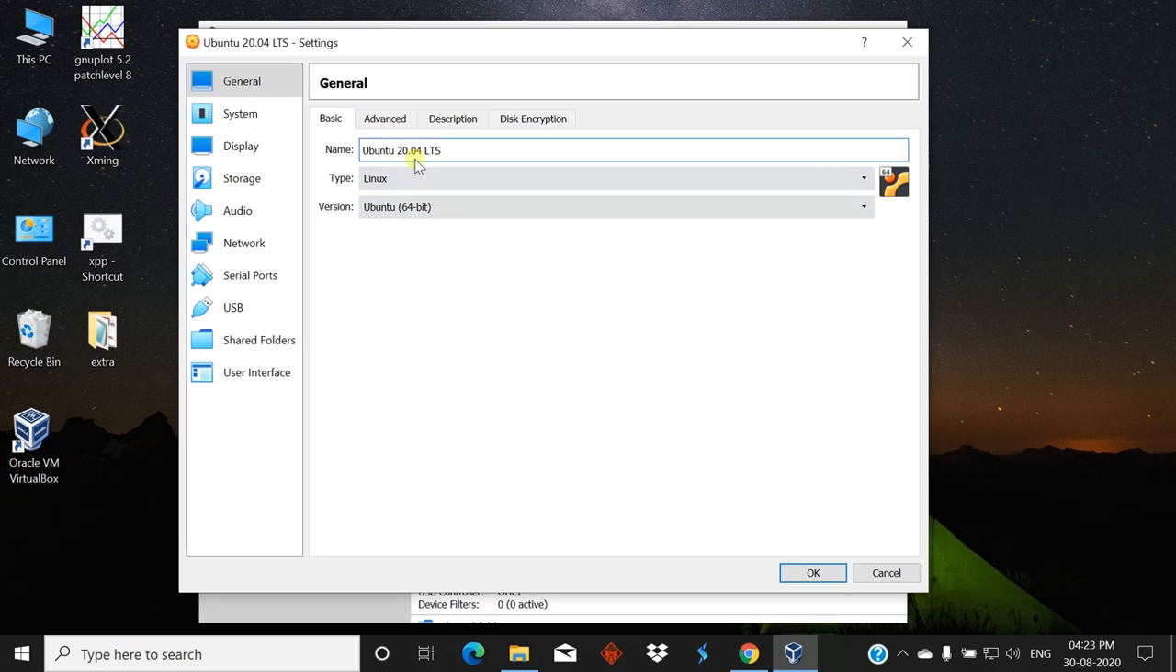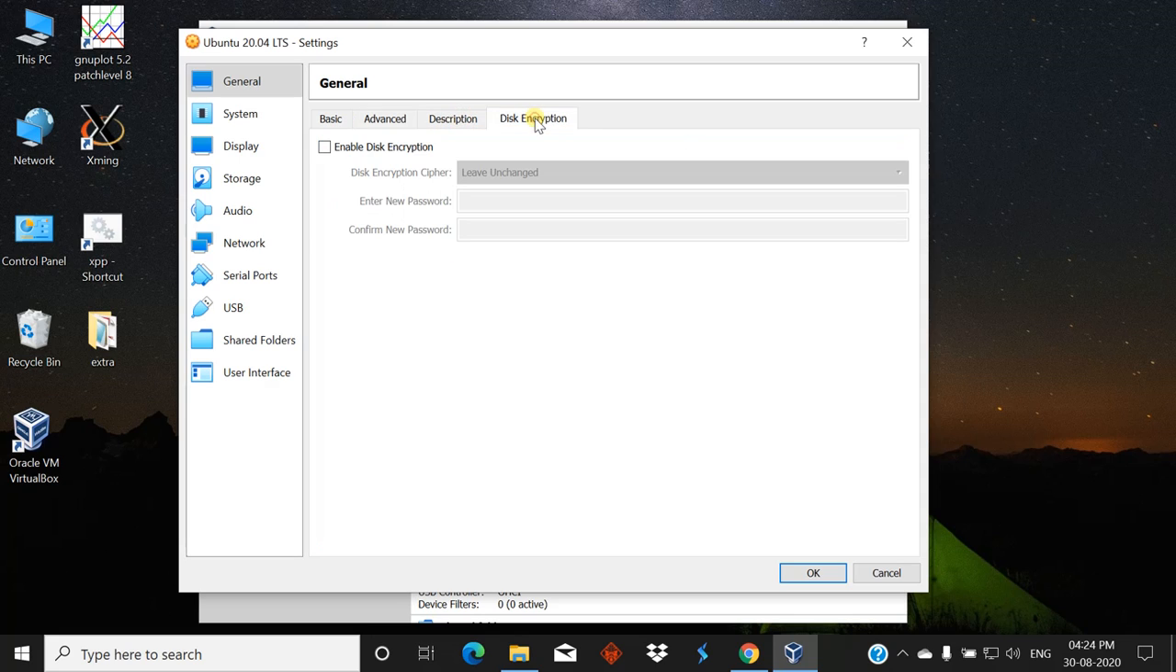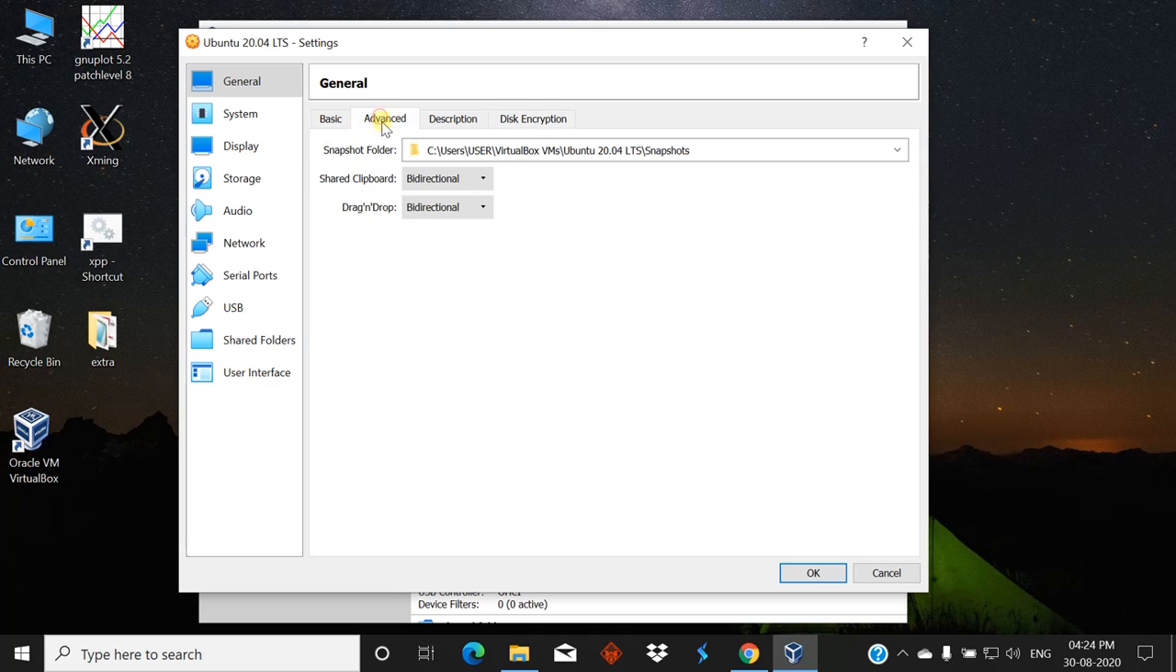Now go to the advanced option. Now this may be selected as bidirectional, because to copy and paste from Ubuntu to Windows and from Windows to Ubuntu, these two options must be bidirectional. So we select both options as bidirectional. Now these are the available options. Now go to the next tab,